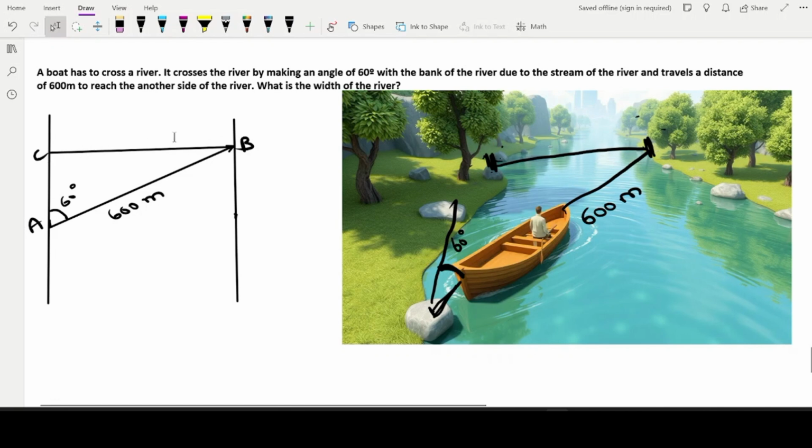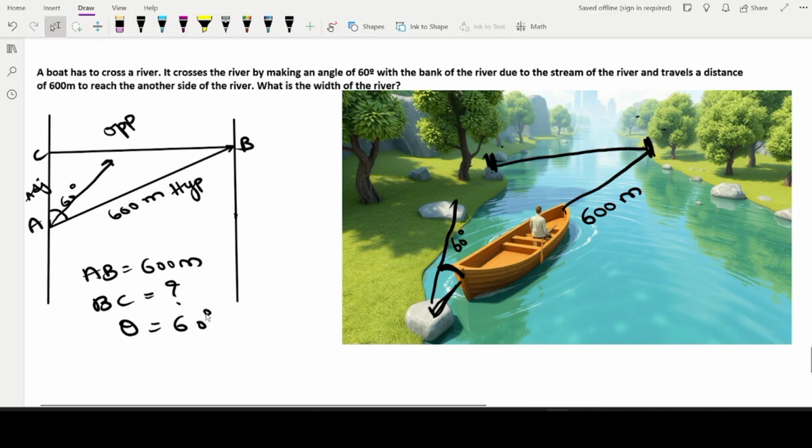It is asking us to find the distance of BC, and the boat is traveling a distance from A to B, which is 600 meters, by making an angle of 60 degrees with the flow of water. We call it the stream of water. So if this is the angle, the side opposite to the angle will be the opposite side. So this becomes the adjacent side, and this becomes the hypotenuse. So given AB equals 600 meters, we need to find BC, and the given angle is 60 degrees, and